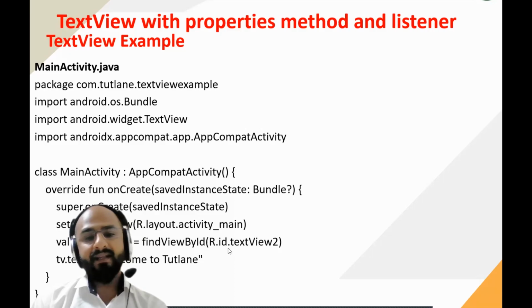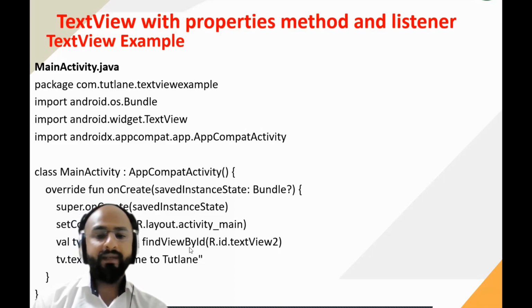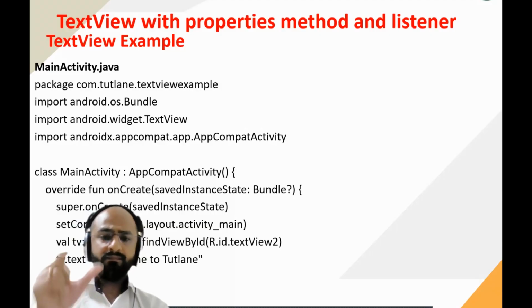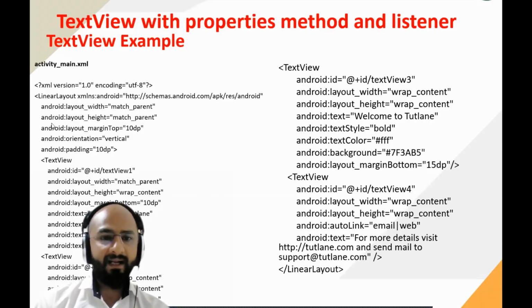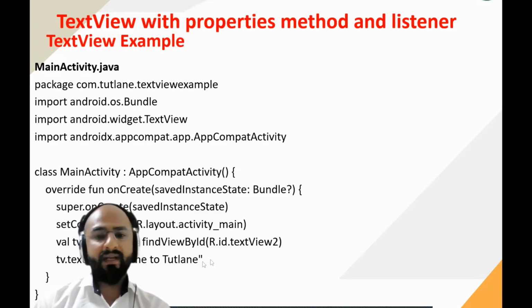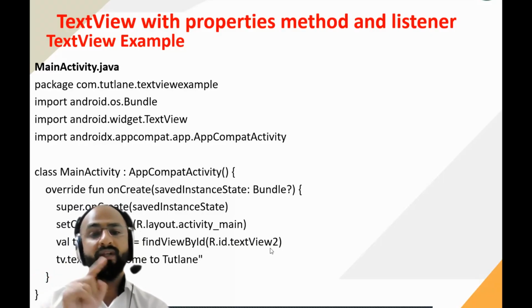So what this method findViewById will do is, it will find the view that we have created in the XML. You can see over here in the XML file, we have created a text view with ID textView2 over here. Okay. So you can see now what I am doing is I am just finding that text view into my